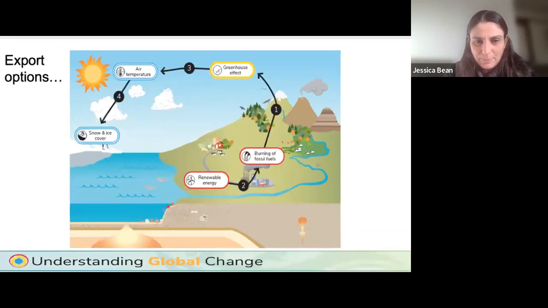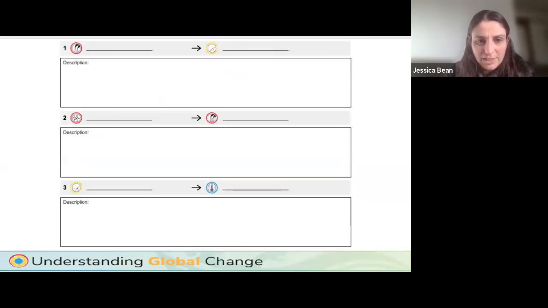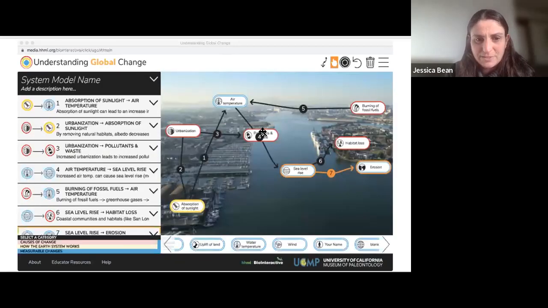And so if you make these types of models in the interactive, you can export it in all sorts of ways. You can make fill in the blank templates in case you're using this for various forms of assessment or the way you want students to construct their models with or without arrows, worksheets that can allow students to provide their claim evidence reasoning, like explain the connections between these different topics. And you can also change the actual background on this modeling tool, so that if you're doing a unit about kelp forests, you could make the background a kelp forest, or the San Francisco Bay.